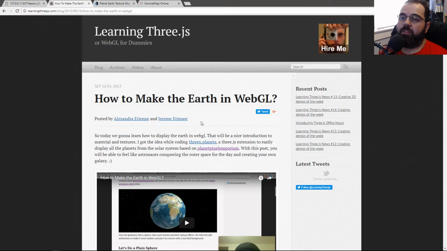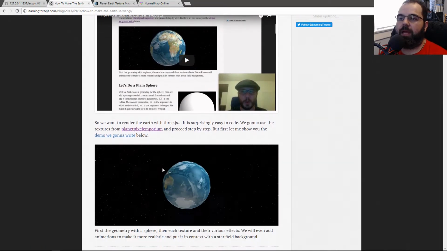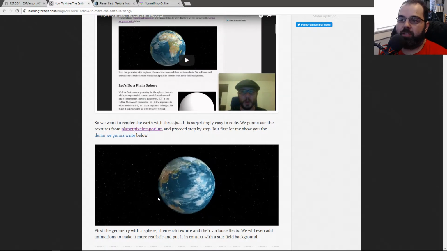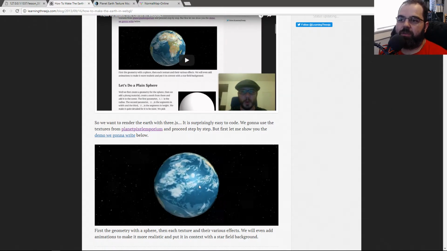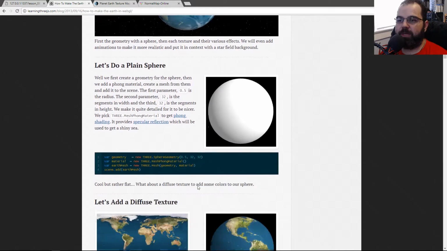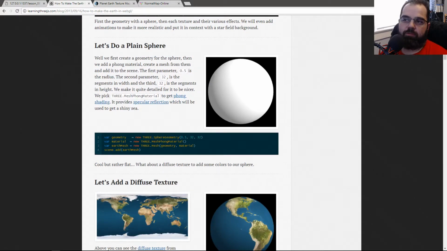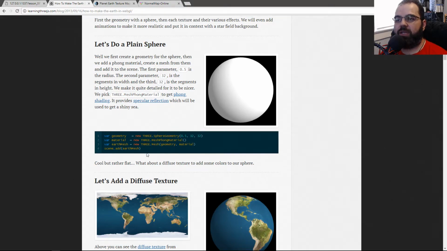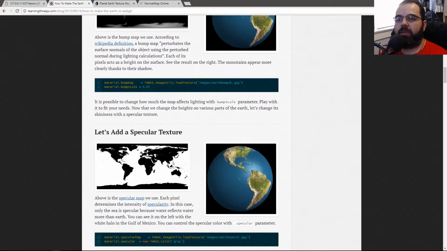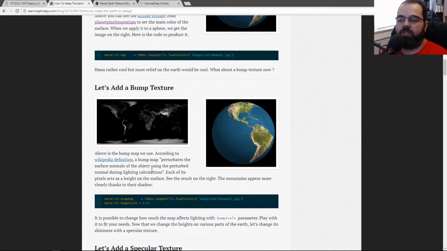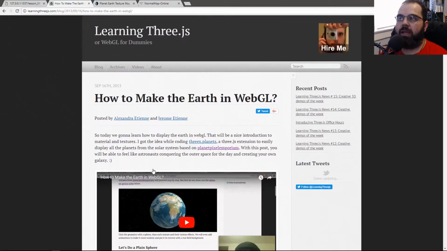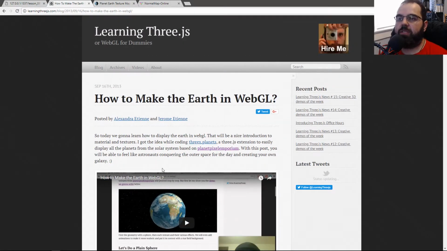And I saw this tutorial on how to use 3JS to quickly make a planet, and it's really neat how it looks. To me, it looks beautiful, and it's because it uses bump mapping and has really great textures. But in this tutorial, he just uses 3JS, so it's actually really quick and easy to implement, because you just use the shaders that exist in 3JS, and you're done. It's pretty simple. In today's video, we're actually going to write the shader from scratch, and we're going to deal